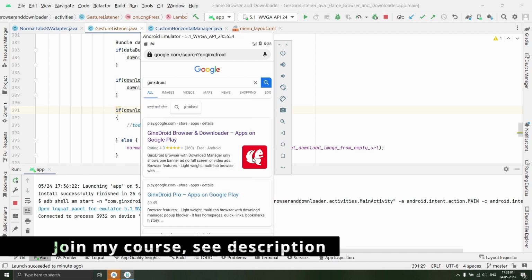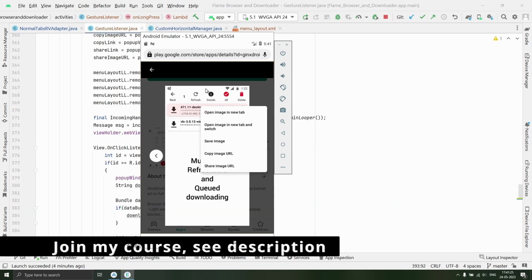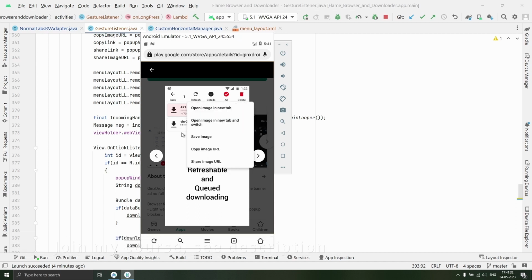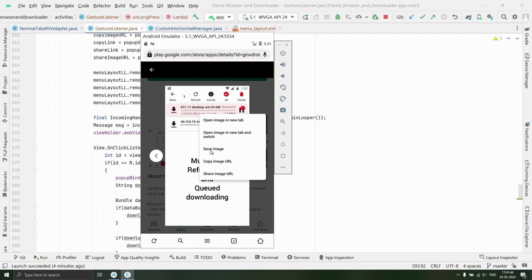Now if we long click an image, since it is an image anchor, it is showing the same menu because they are image anchors. But when you open the real image and long press that image, then as you can see, it is showing the menu. So share image URL is working. Copy image URL is working. Save image, we didn't create any functionality. We will do that when we create a